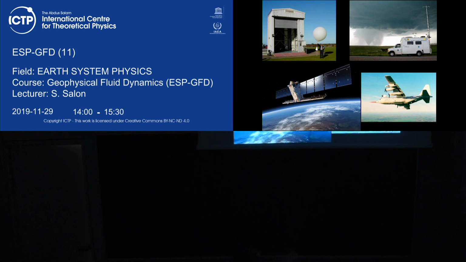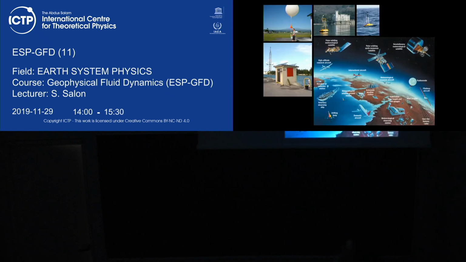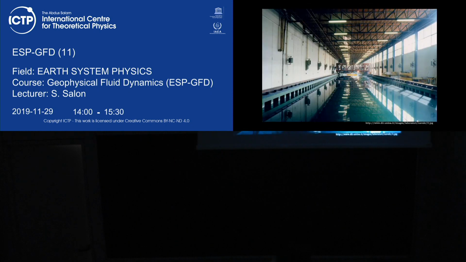But it's very important. Then we have things like this from the National Severe Storm Laboratory in the US, which are going to study tornadoes. And then we also have very big aircraft like this with a lot of instrumentation. So all these can be put together and create something which we call the global observing system. Okay, so satellite and observation come together, and they take all the data that are useful for us to study our phenomena.